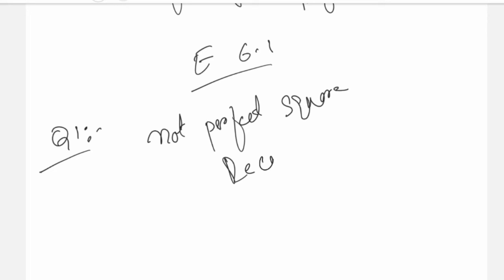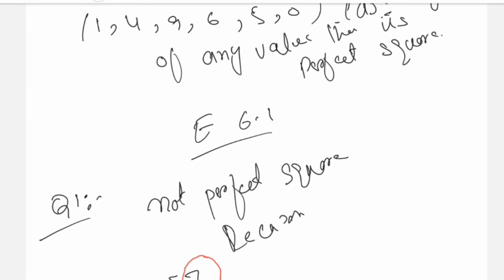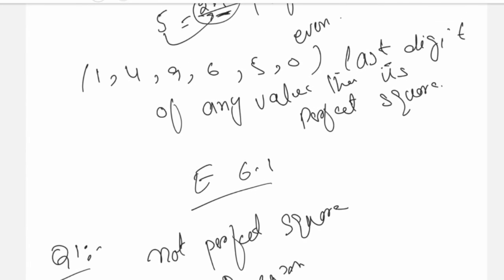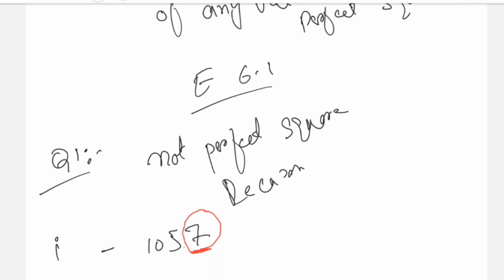And the reason, we should give the reason for that one. The first value is 1057. Now what you should do is just see the last digit. I'm marking it in red, so our target is 7 as the last digit. Then go to this list. As we know, when we have a last digit among them, it's a perfect square, but we don't have 7 among them. So when 7 is not there, that means it's not a perfect square,